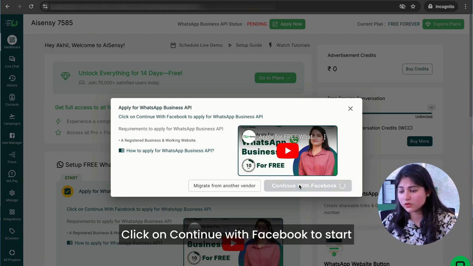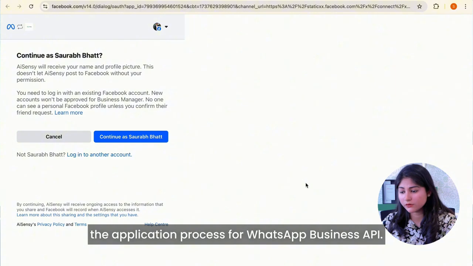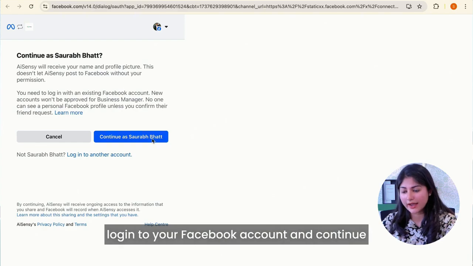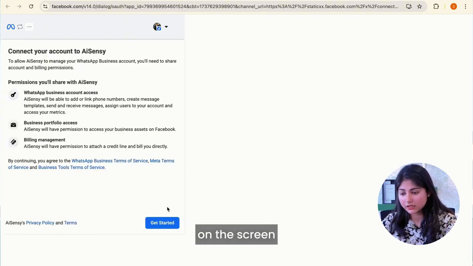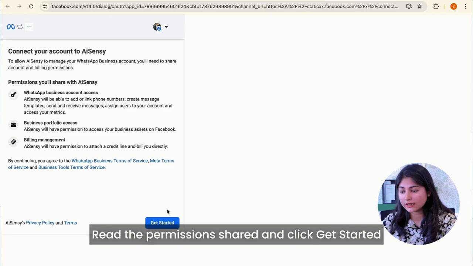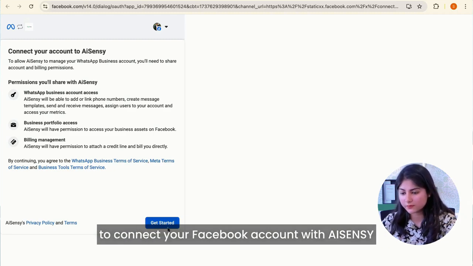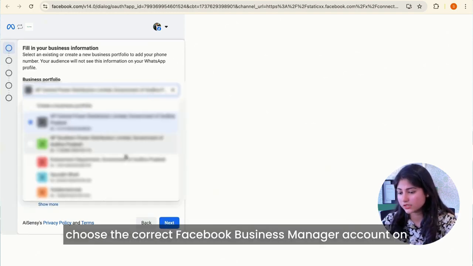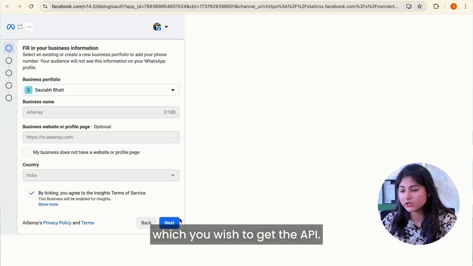Click on Continue with Facebook to start the application process for WhatsApp Business API. This will open up a pop-up dialog asking you to log in to your Facebook account and continue. On the screen, read the permissions shared and click Get Started to connect your Facebook account with AI Sensei. Once you have done this, you need to choose the correct Facebook Business Manager account on which you wish to